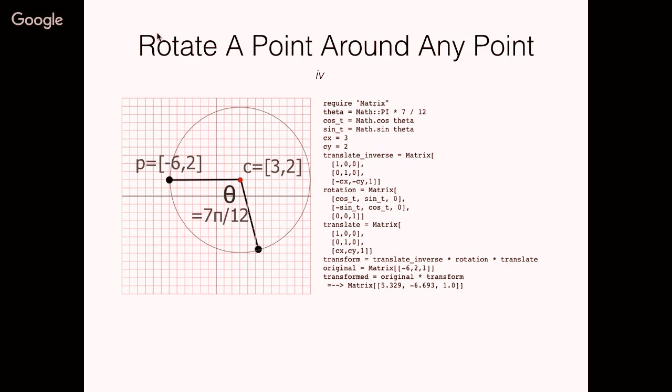And it turns out you can just multiply all three of those together, which is why it's so nice to have the translation in the multiply form, even though it looks kind of weird, because you can just arbitrarily concatenate these matrices together, and provided they're what they call affine transformations, then you can do arbitrary things with them and just string them together. So we now have a transform matrix which does the whole thing in one step. And then we just say, well, our original was at that point, and the transformed is the original times the transform, and the result comes out.